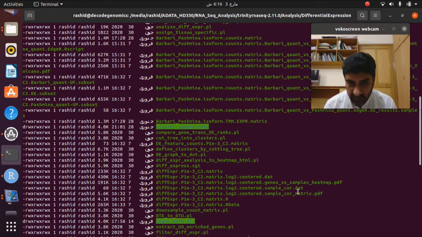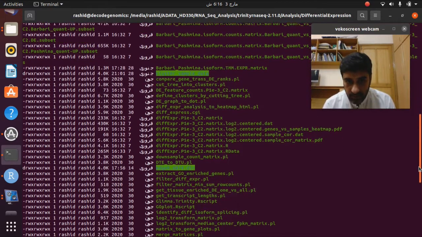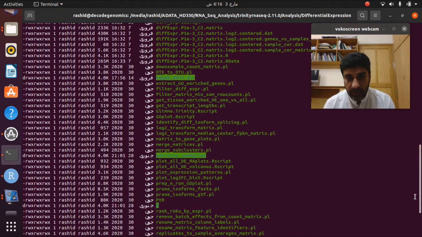Then similarly the centered file is also generated with the same command. Then the c2 matrix.R file. These are the different files that are generated here, and you can definitely look at all the different files that are present in this folder.